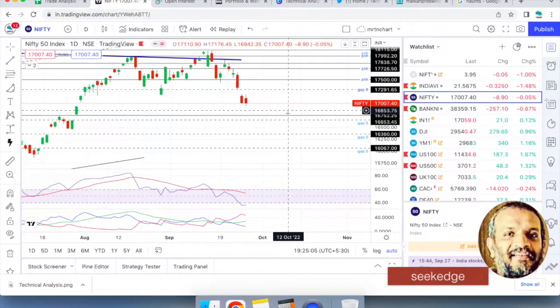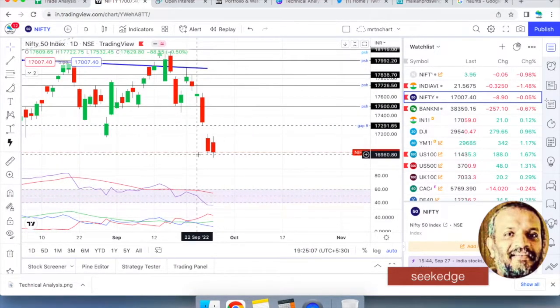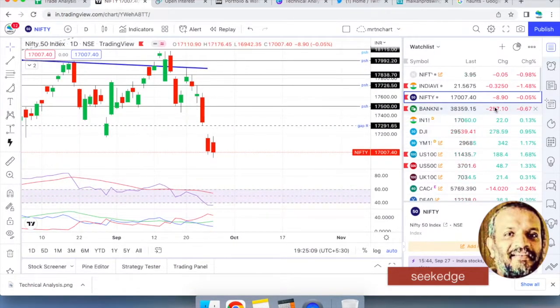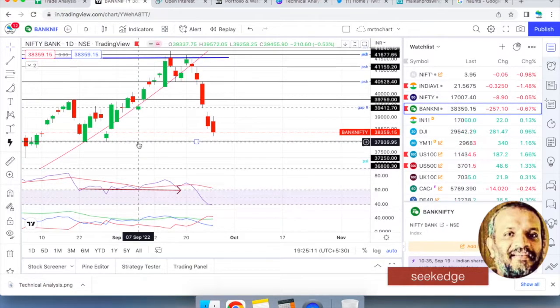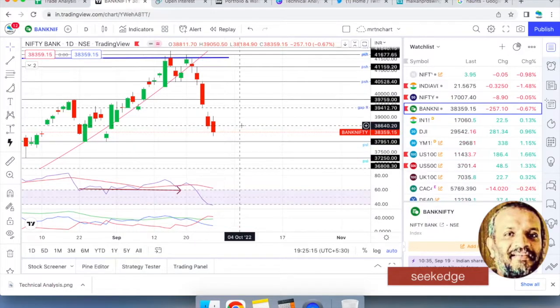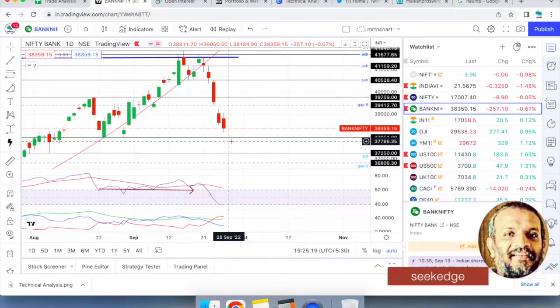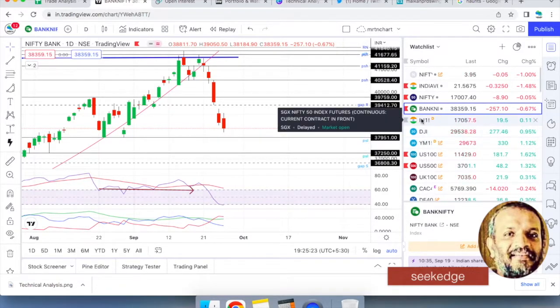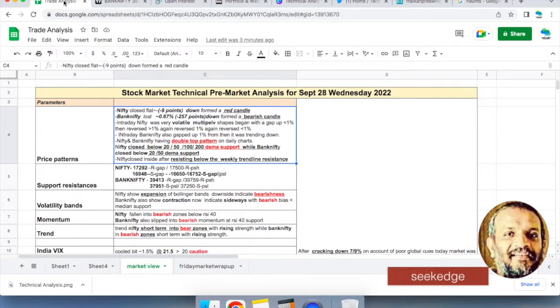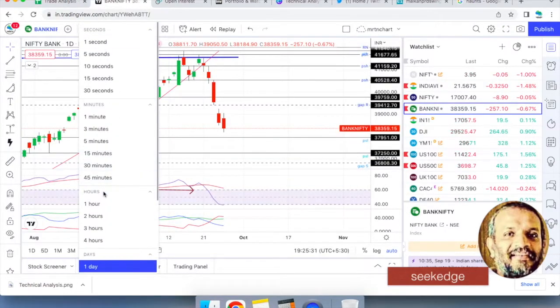Yes, we have a flat day, 9 points lost, that's all. Banknifty, look at this, it lost more than half a percent, like 257 points lost, right? A clear down move can be seen on the Banknifty. So those are the numbers, that's what was lost. But the interesting thing was the intraday.